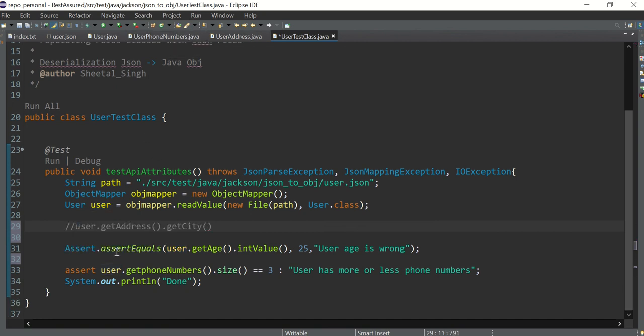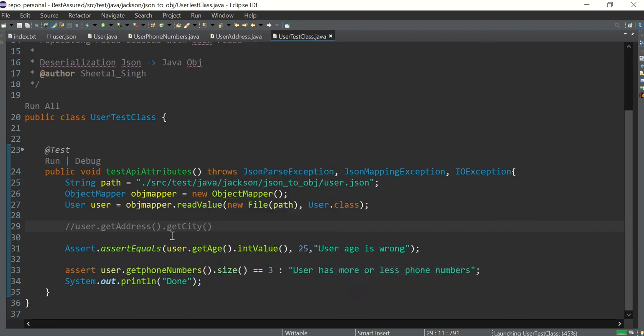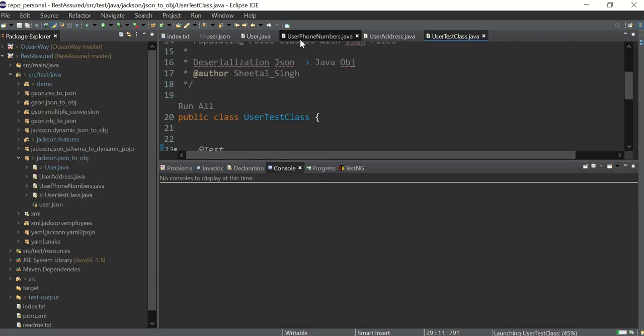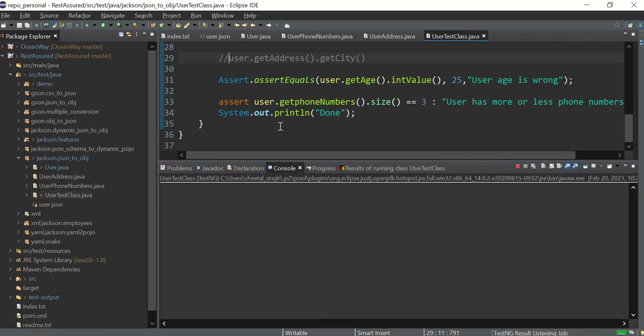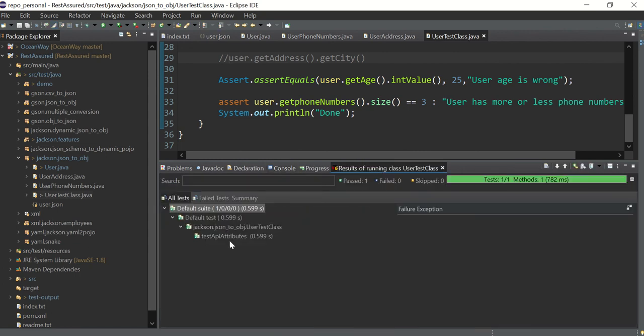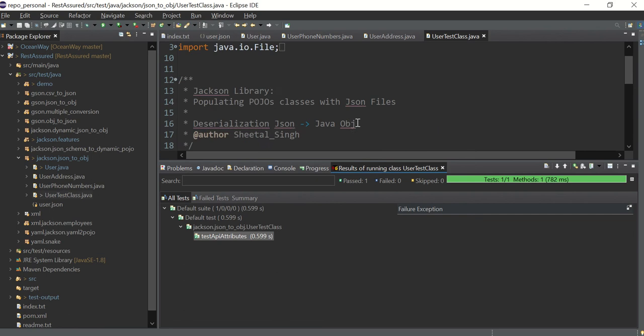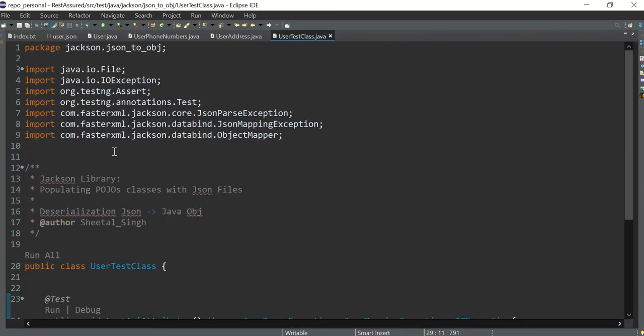Okay, let me comment and let me run for you. This is a TestNG annotation I have given, so it will run as a TestNG class. I have added the assertions. Two assertions are there, so both should be passed. Okay, so both these test cases have been run successfully. Okay, I will show you the imports at the end. You can match if you have any problem with the code. So these Jackson XML and TestNG asserts I am using.